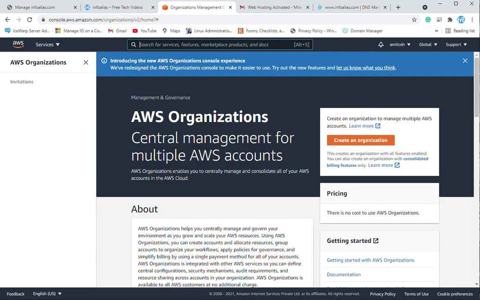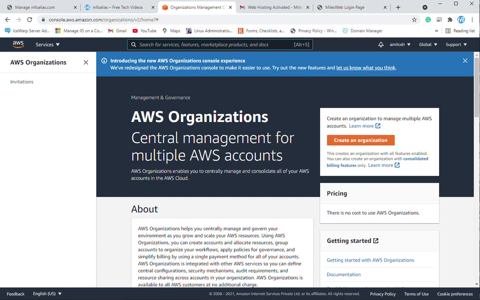We need to log on to AWS to access the Route 53 service, and this is the third part. The first part was the domain I purchased, and the second part was the DNS service, where we provided the name servers to infoalias.com. Now we will move this DNS service from MilesWeb to Route 53 on AWS.